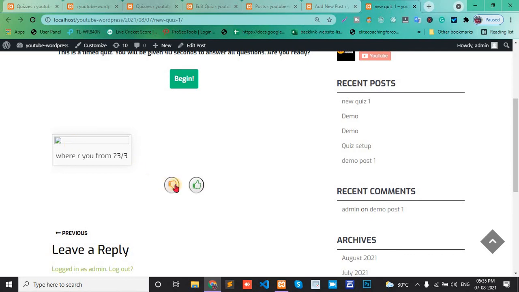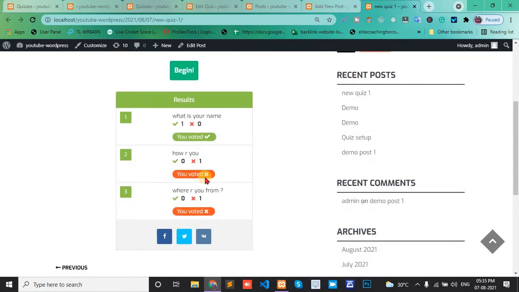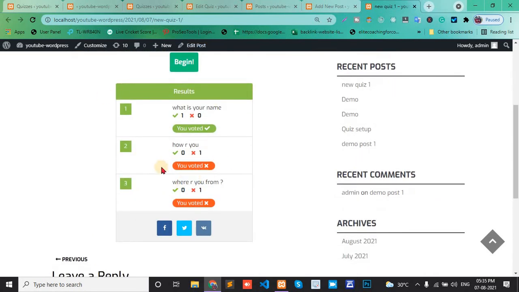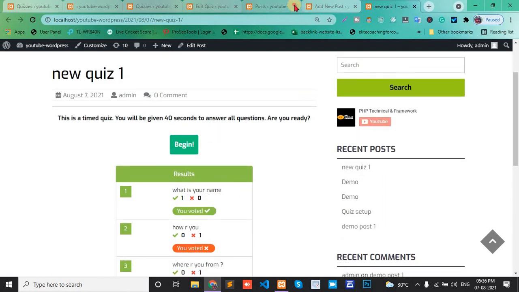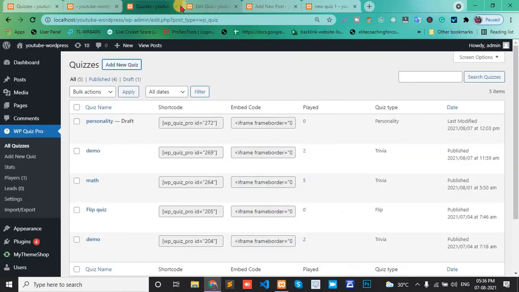And the result you show, you can also share with these three options: Facebook, Twitter and VK.